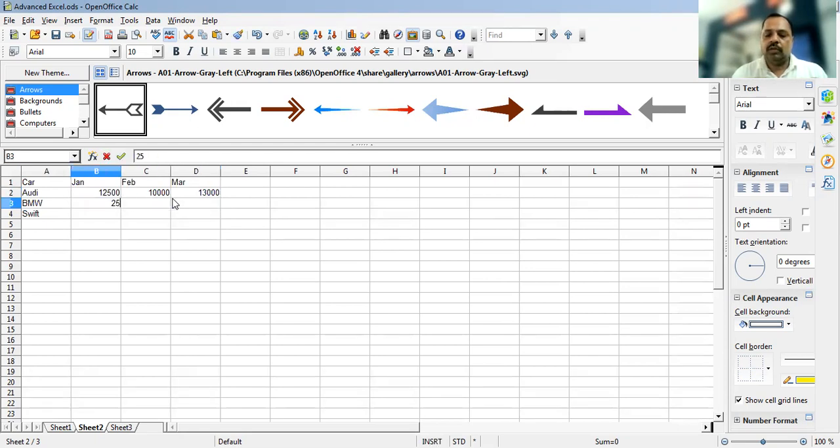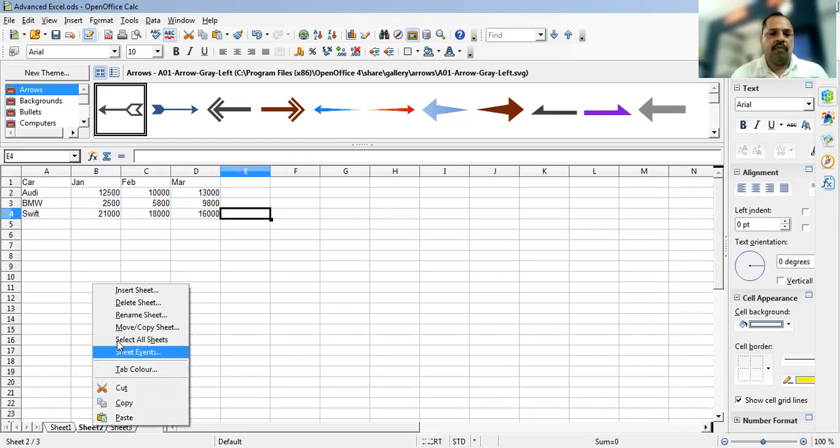BMW is 2,500, February 5,800, 9,800, and the third is the sale of the car during the January month, 21,000, 18,000, 16,000. Now I am creating this sheet with the name for the session